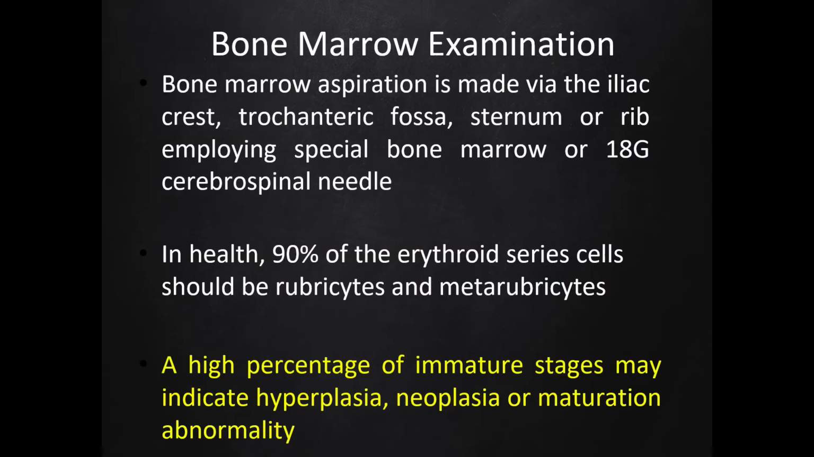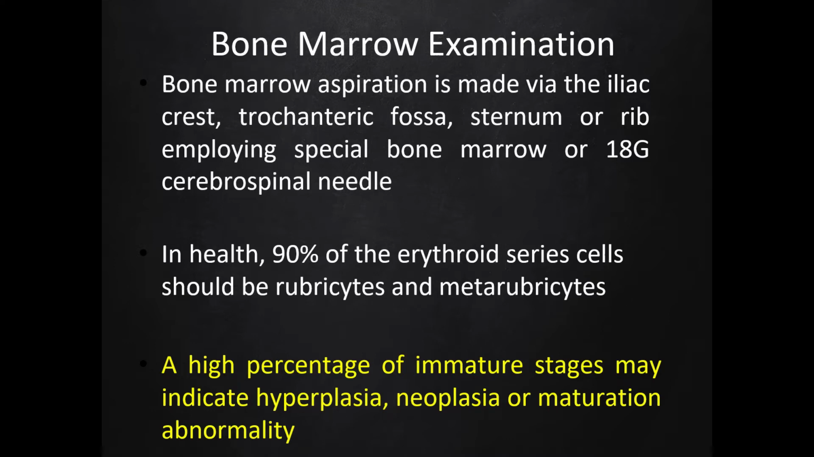So the other means of examination is by bone marrow examination. This bone marrow examination is an important means for you to differentiate whether there is a problem with the animal or whether it is in a normal state. Usually in healthy animals, you can see 90% of the erythroid cells should be rubricytes